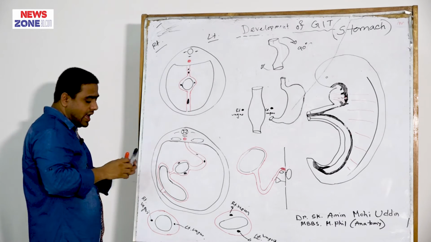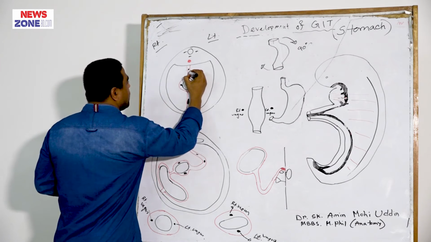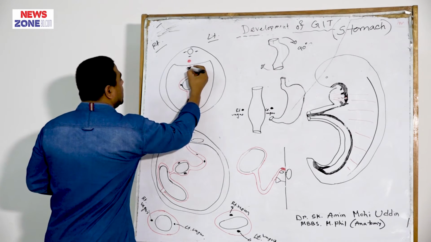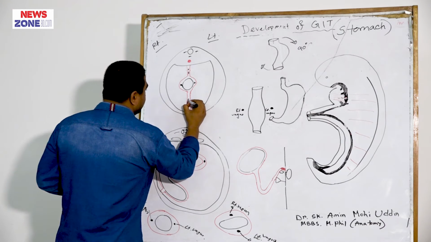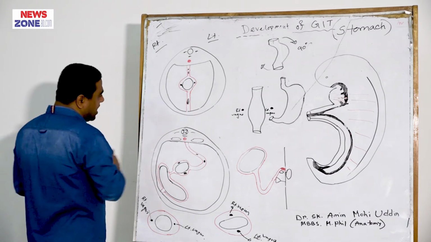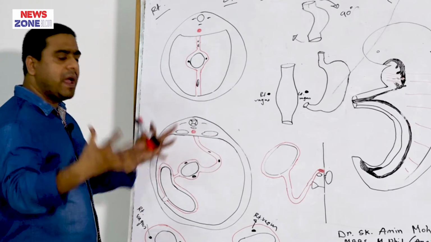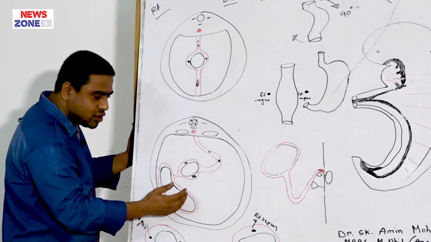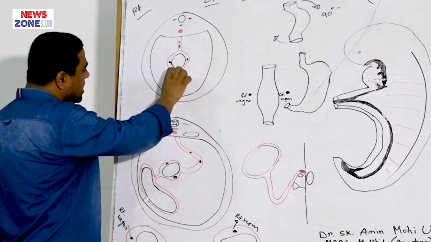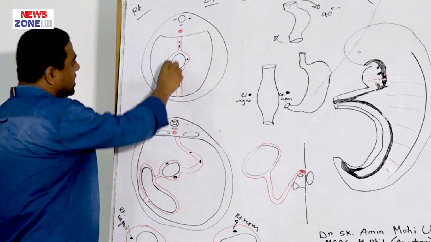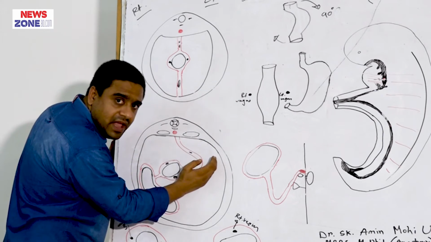So this is the dorsal mesogastrium, and in the dorsal mesogastrium there is the appearance of a mesodermal proliferation that is known as the spleen and the dorsal pancreatic bud, and in the ventral mesentery there is the appearance of the liver bud. Actually, this liver bud enlarged so rapidly, and it shifts to the right side, and around the rotation of the longitudinal axis of the stomach, the stomach pulls, or shifts, the dorsal mesogastrium together with it to the left side.